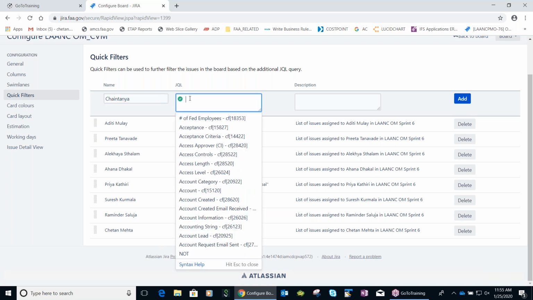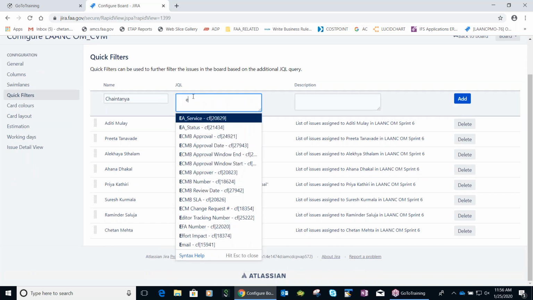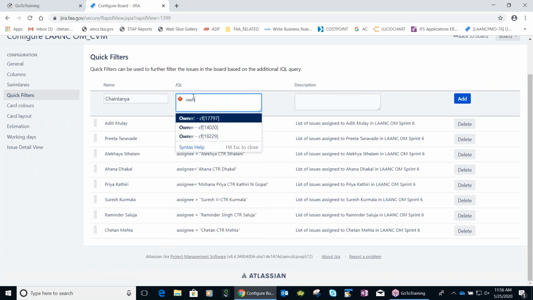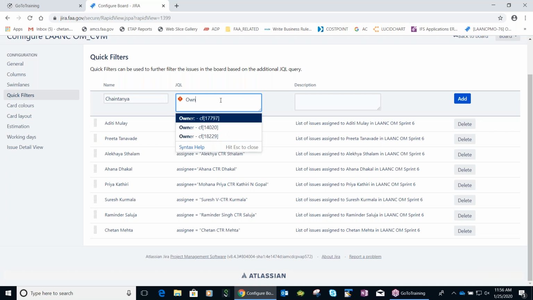Chaitanya. So owner is, let me do this, assignee, sorry.